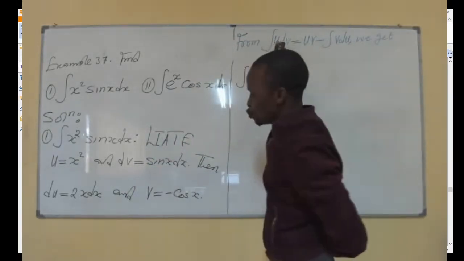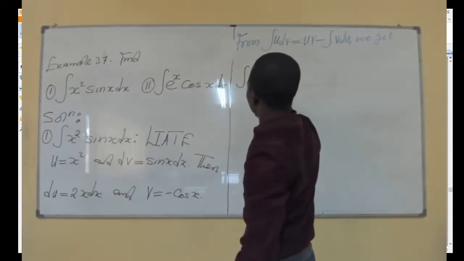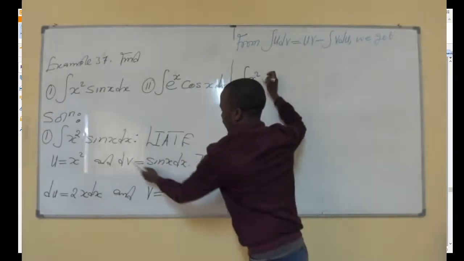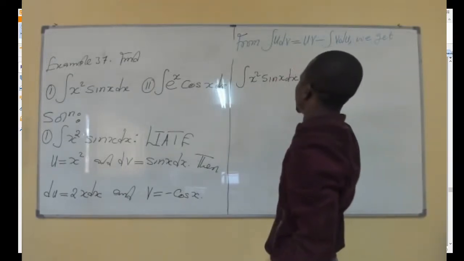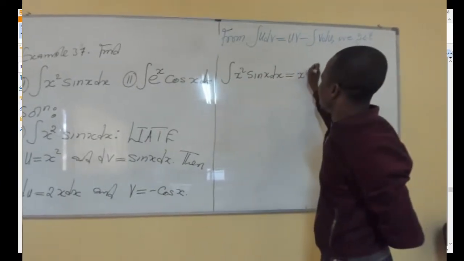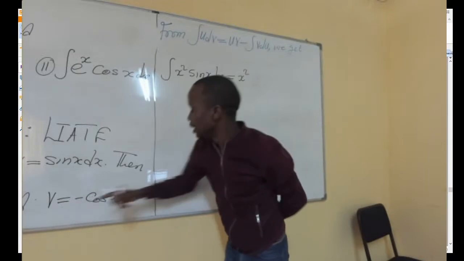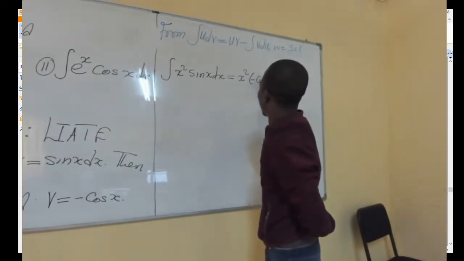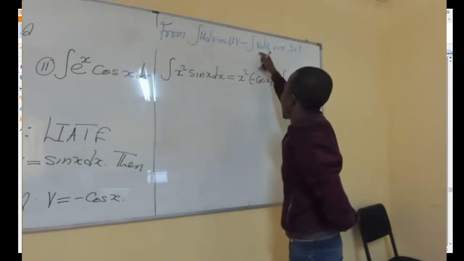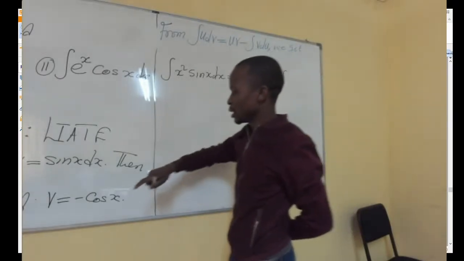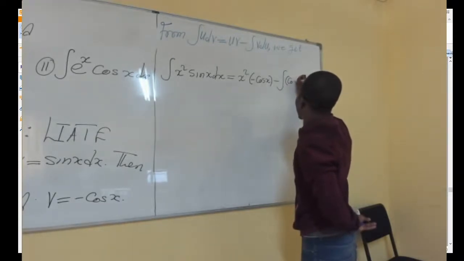The integral of x squared sine x dx is equal to u, which is x squared, times v, which is the negative cosine of x, minus the integral of v, the negative cosine of x,